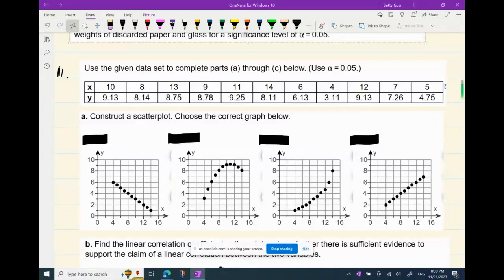10, 9.13, 8, 13, 8.75, 11, 14, 11, 6, 6, 13, 4, 3, 11, 12, 9, 13, 7, 7.26, 5, 4.75. Okay, I make sure my values are correct, and then we go to